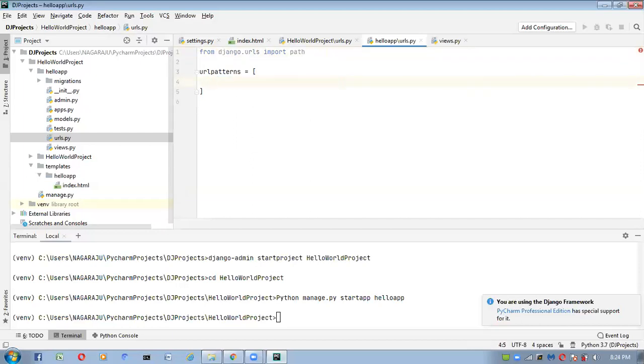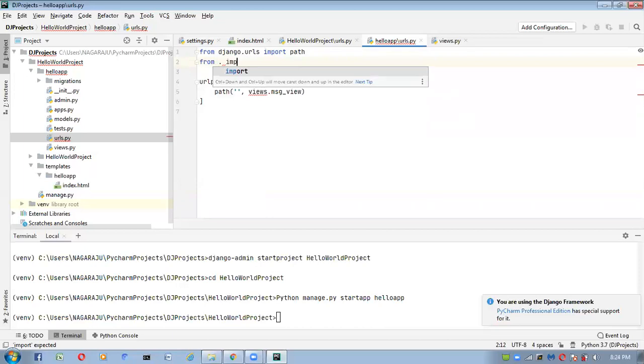Now take path with an empty URL pattern, and here views.message_view function. Import the views with from . import views, and save this file.